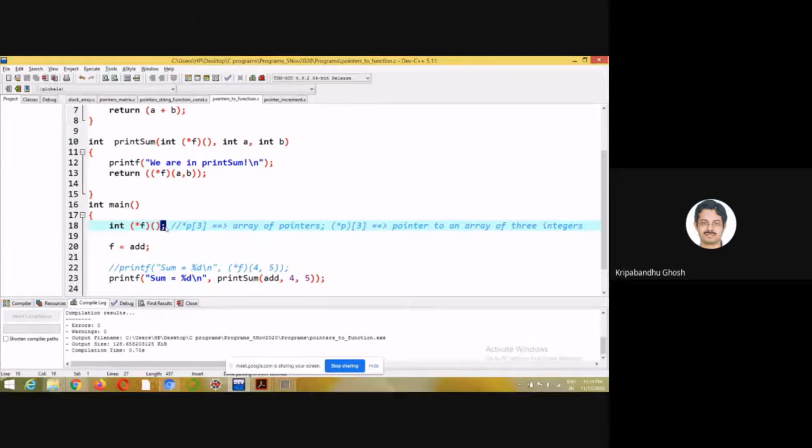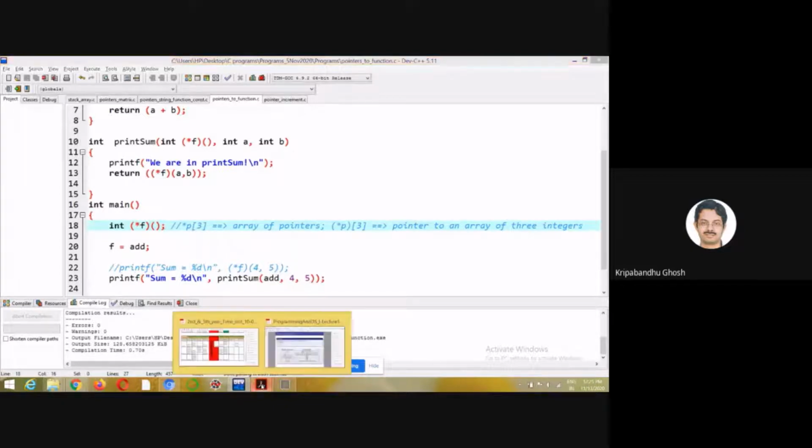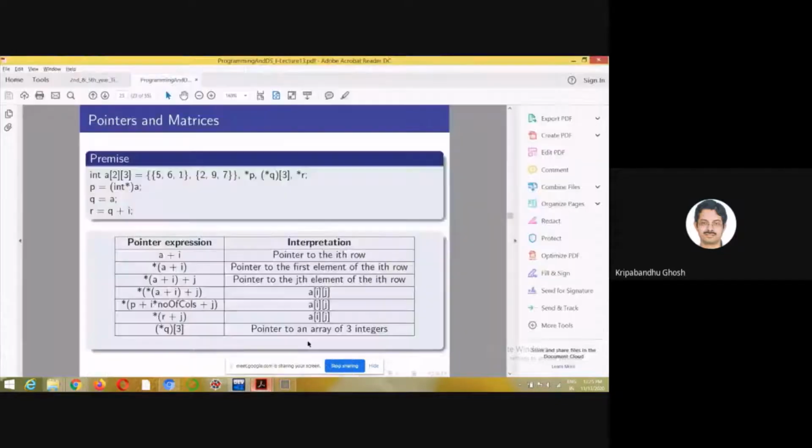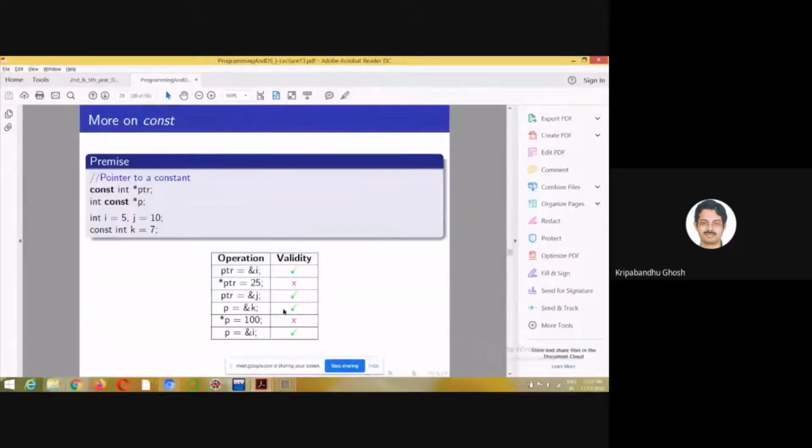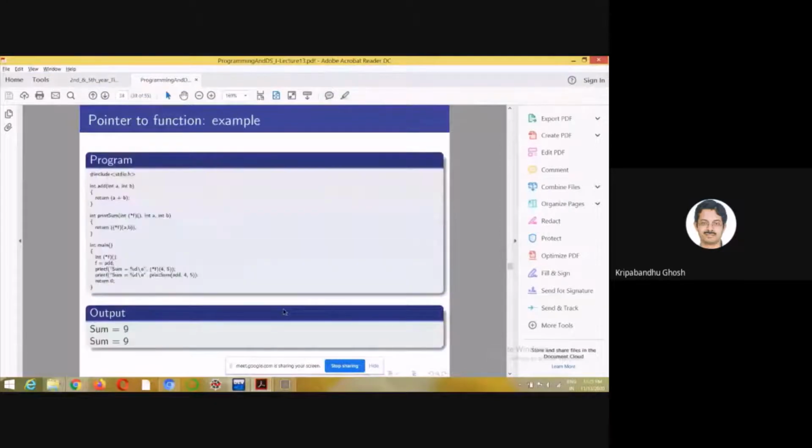But the functionality is there, and this is for you to just keep in mind. So this you need not use. I never use it in any application. Just go through this for the sake of completeness. I'll share the code with you. So this is it.